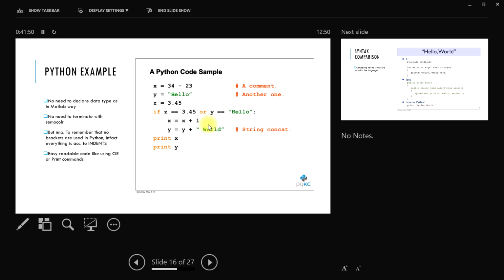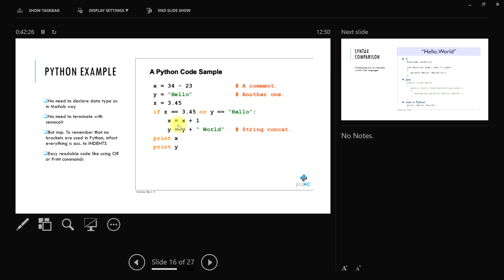The most important thing in Python is, if you see this if loop, there are no brackets after the if. Generally, when we want to put two commands in an if loop, we put brackets. In Python you don't put brackets, you just indent. If you see, this x is after some spaces. This is a compulsion in Python, that indentation is needed. This is called indent. Suppose you want to implement these two commands in the if loop.